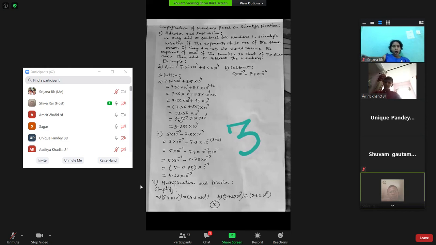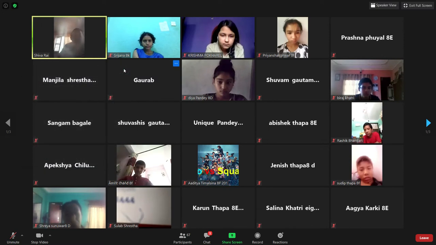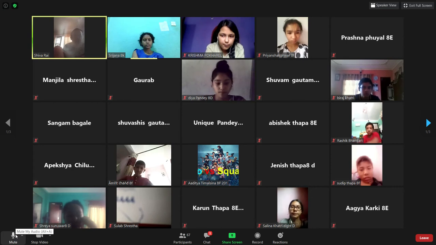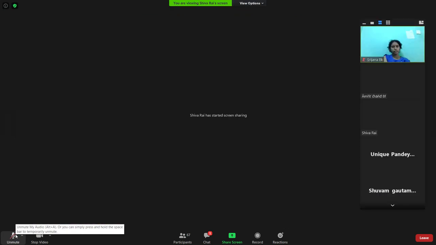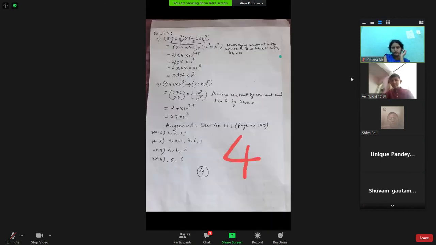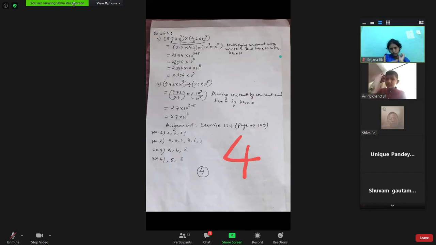Now, number multiplication and division. Two questions here also I am giving. Now look at another page. Get ready. Everyone look here. Now look, first question: 5.7 into 10 cube into 4.2 into 10 to the power 5. Look at the arrow, I have shown how to multiply. Here there is only a multiplication sign, so it's very easy to multiply.